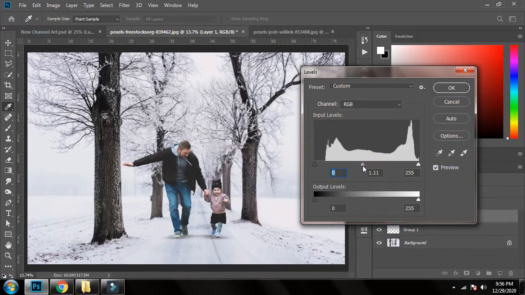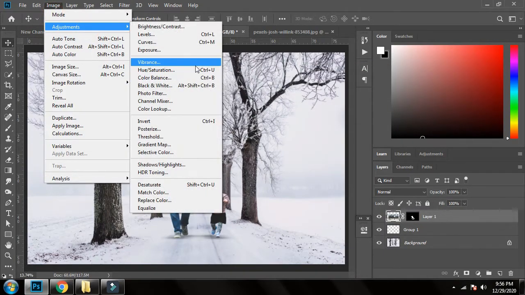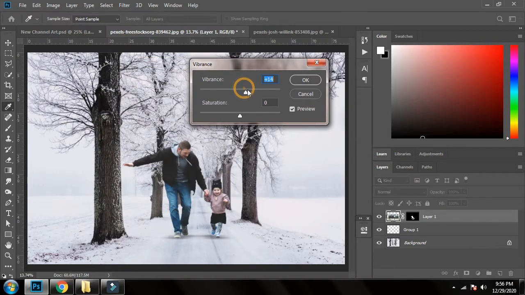I will brighten it up a little bit, and I will increase the vibrance and decrease the saturation a little bit, not much.